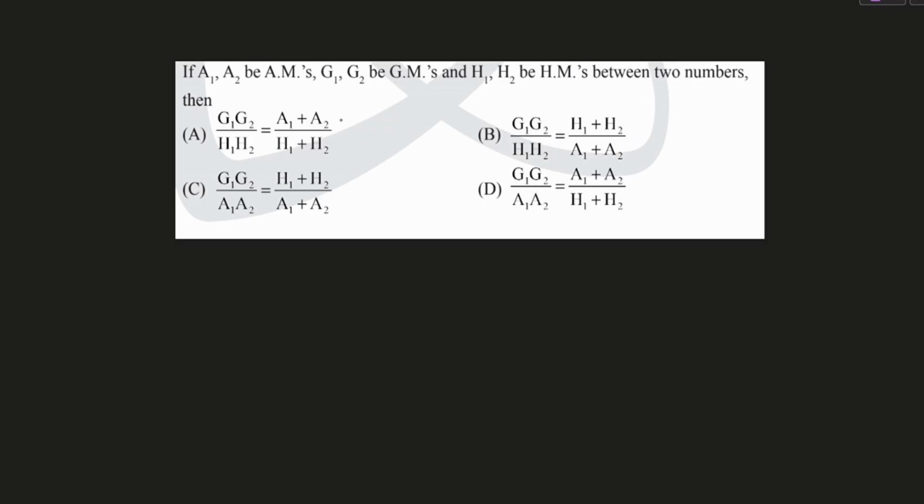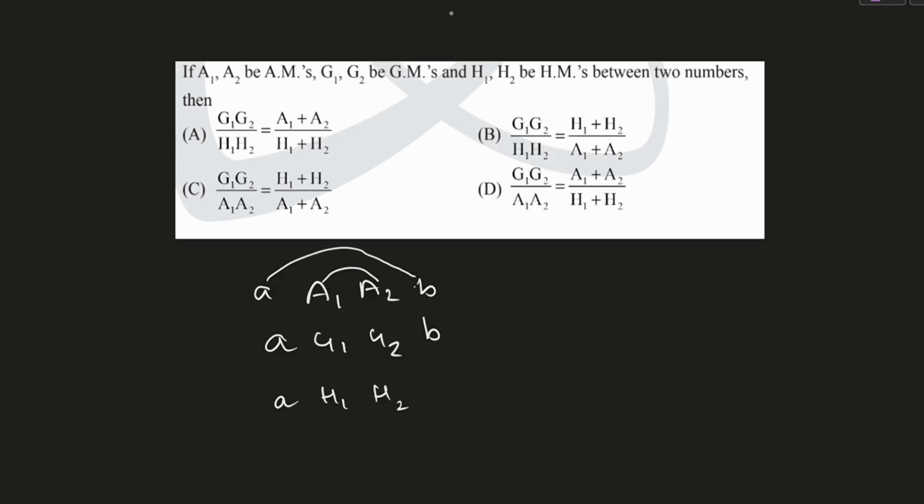Okay. So what we're going to do here is, first of all, let us consider those two terms to be a and b. And A1, A2 are the AMs between them, G1, G2 are the GMs between them, and H1, H2 are the HMs between them. Okay. You would have studied that the sum of these two, a and b, is equal to the sum of these two terms. So first of all, we'll be deriving relations in a and b with a1, a2, g1, g2, and h1, h2, and then we'll be eliminating a and b. Okay, that is what we'll be doing.